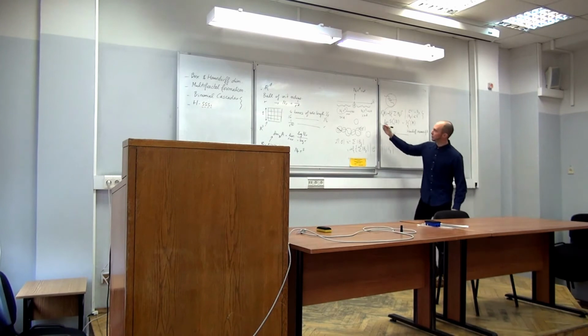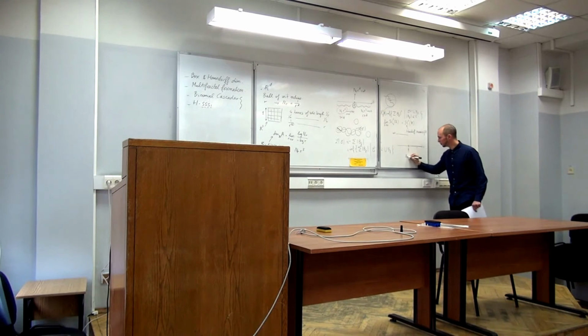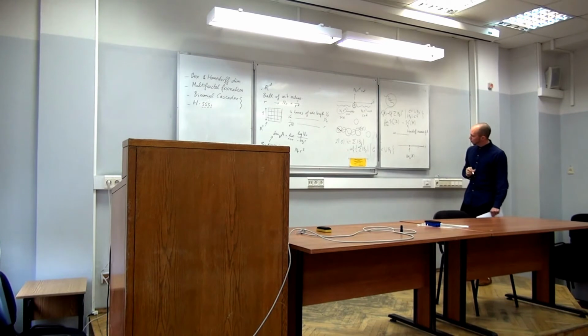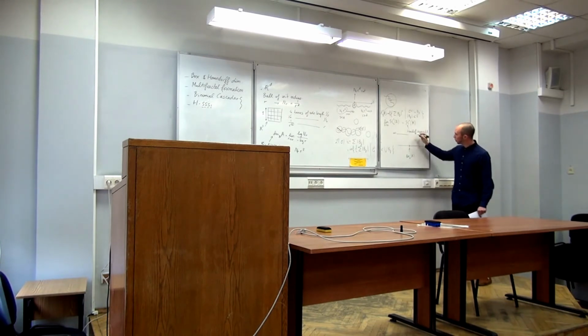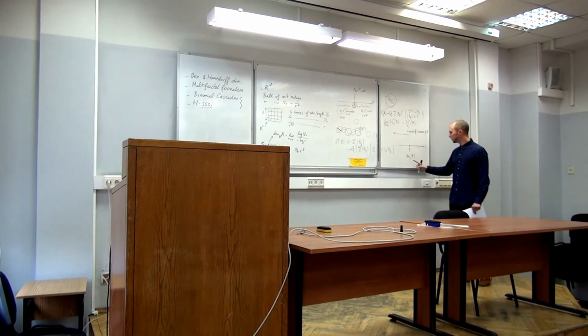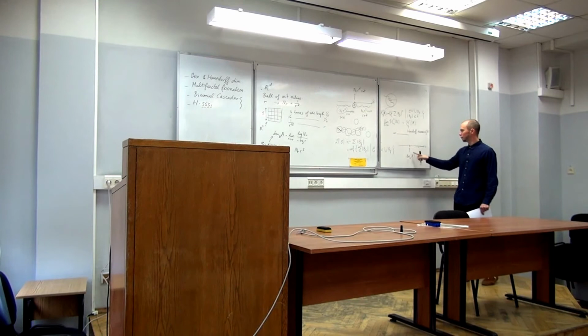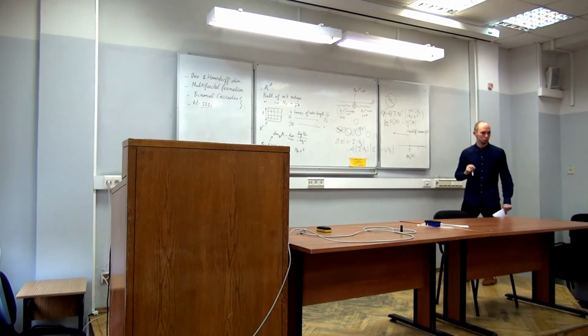And now you will see that it makes sense to define this critical value to be the Hausdorff dimension of your set A. In fact, the value of the Hausdorff measure of A at this particular point can be any finite number. It can be 0 or it can be infinite. The value is not necessarily finite in this case, but we can still define the dimension of A to be the supremum of the s's such that the Hausdorff measure is infinite, or the infimum of the s's such that the Hausdorff measure is equal to 0.